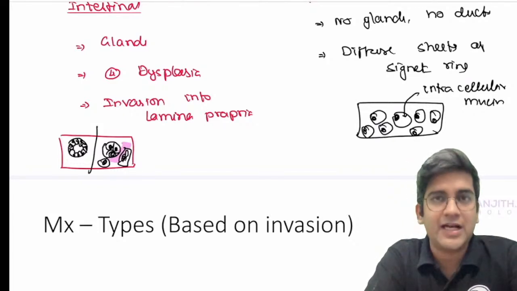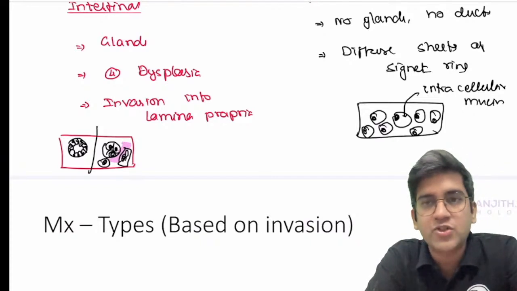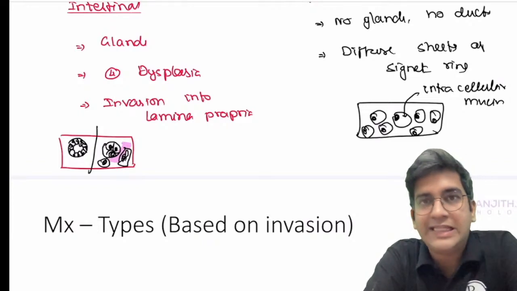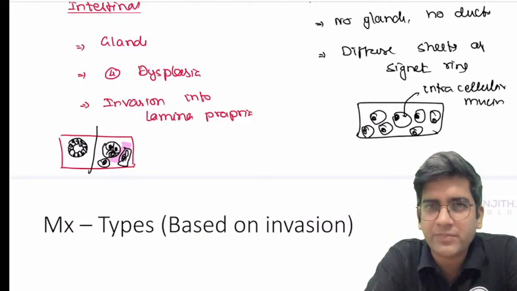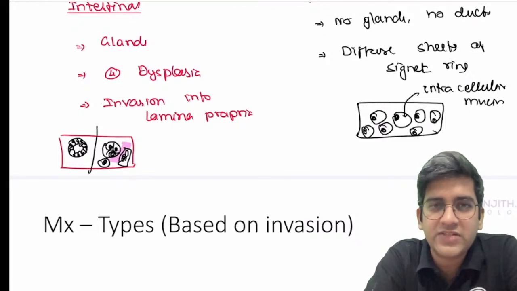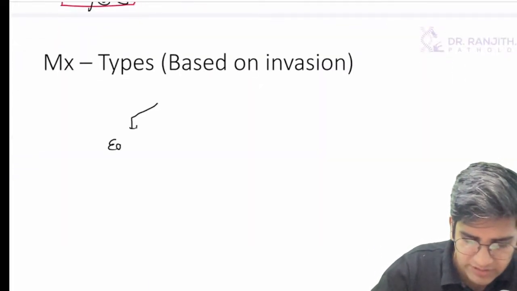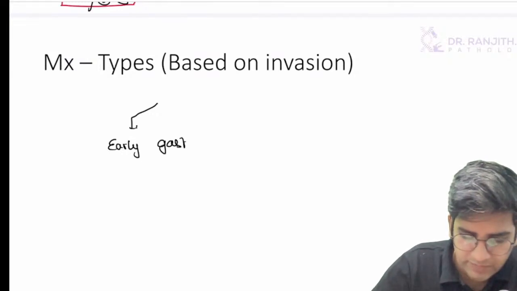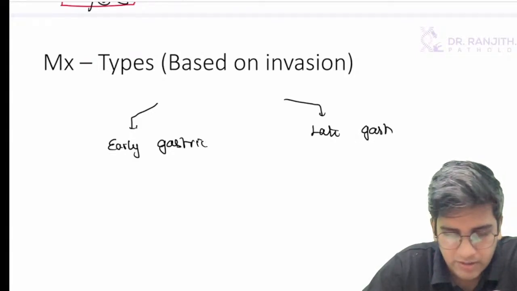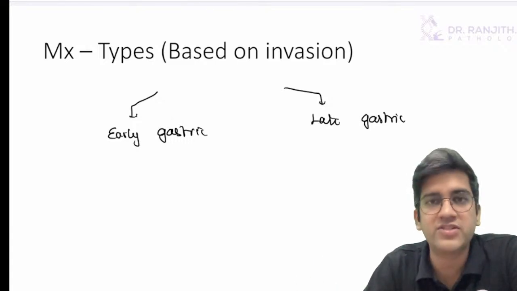Okay. So that's the classical Lauren or the WHO types of gastric adenocarcinomas, right? There's one more difference in microscopic types based on invasion of tissues. So invasion, we have the TNM classification. That's one. We did read about something called an early and late type of gastric adenocarcinoma. Can anyone remember that? How do you classify early and late? So based on invasion, there's primarily a Japanese classification. We call something an early gastric cancer and we call something a late gastric cancer, right? Though it's not much accepted outside Japan, this is there in the textbooks. It's good for us to write, right? By default, every carcinoma is staged based on TNM only.